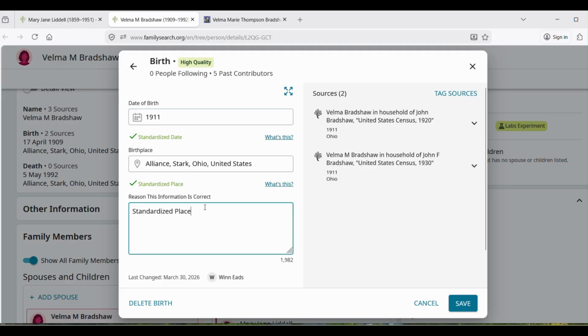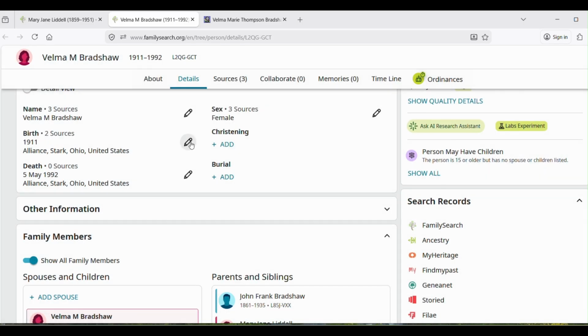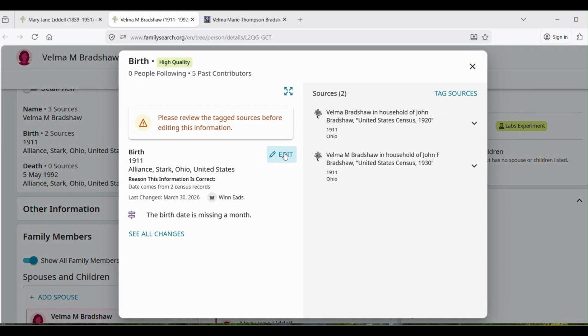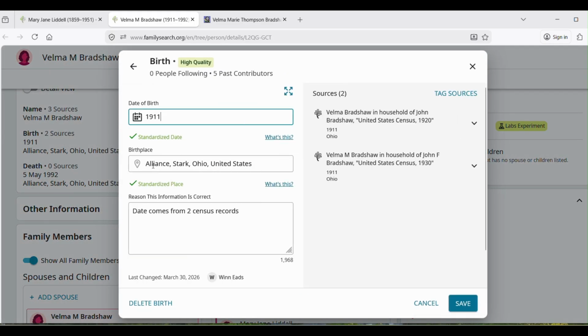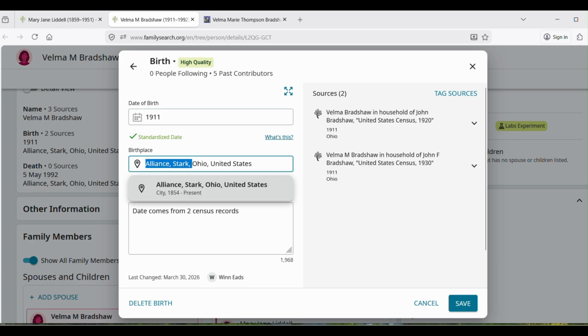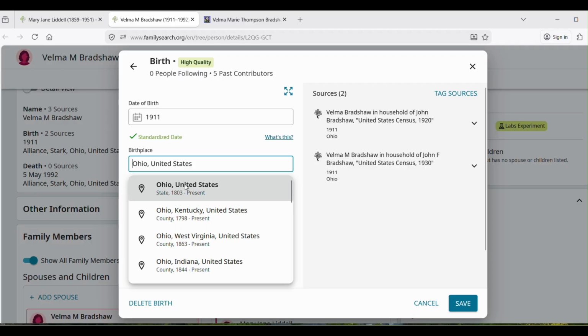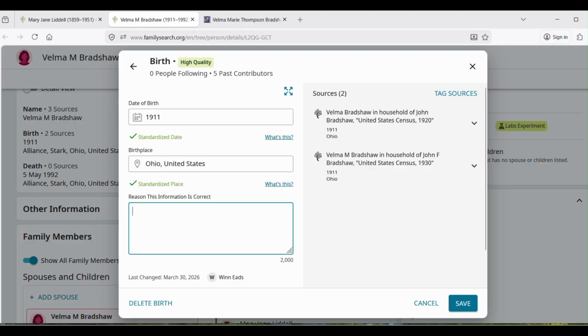And I'm writing that because date comes from 2 census records. Oh, and by the way, I wish I would have changed this. We don't know that she was born in, we just know she was born in Ohio. And I'm not talking about the date anymore, so I'm going to save that.